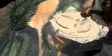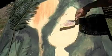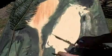So next I'm going to start applying my wood putty, which I need to do really fast, as you can see. But it's very hot out and this stuff dries really quickly, so I do have to go fast. So I'm laying it down where I'm going to be rolling out my fern frond. So I'll get it pretty even here and a little texture going on, and then I'm going to lay